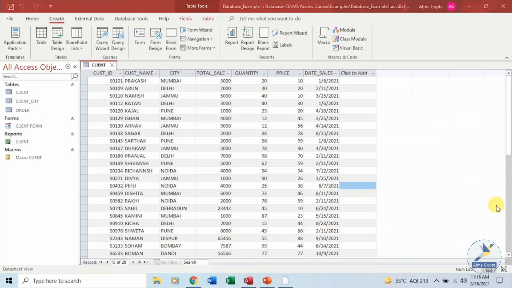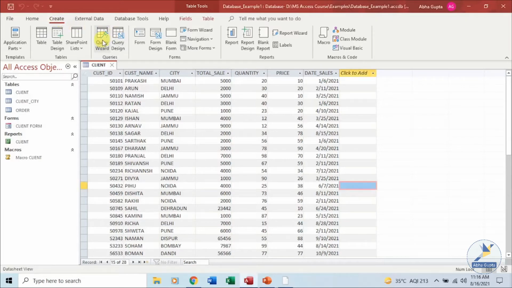When we say it's a request, for example, this is my client table, and from this client table I want to retrieve certain records based on a condition, so I'm asking for some information from this table. Now you can get data from a single table or you can retrieve data from multiple tables or a combination of tables based on some criteria.